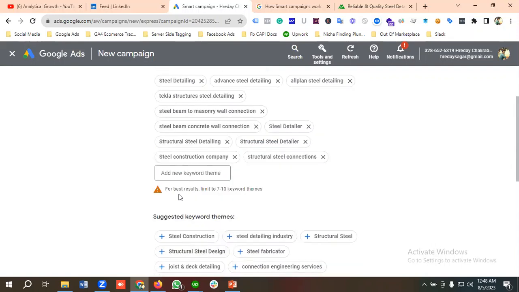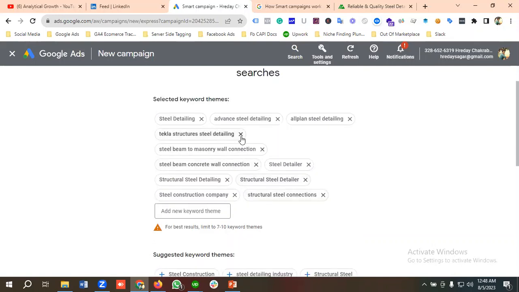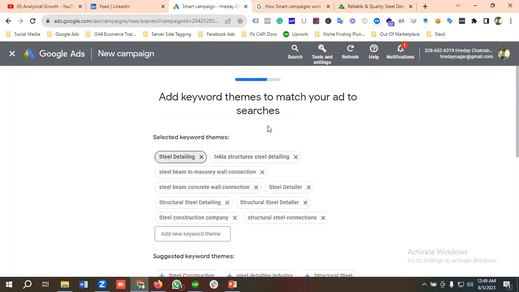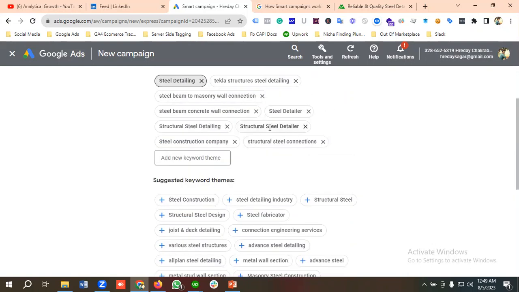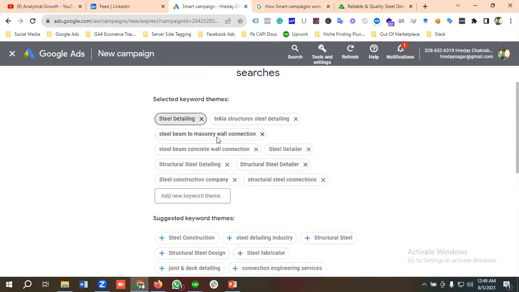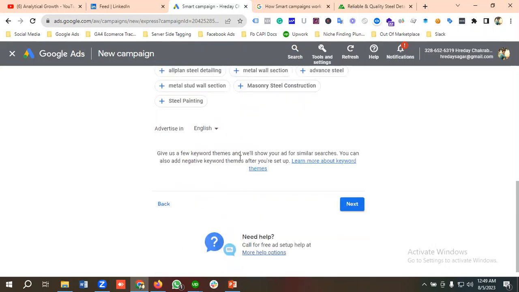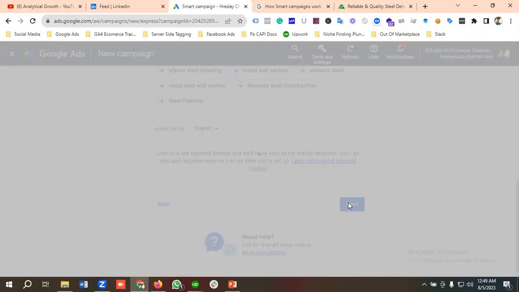Okay, so you can see over here for best results, limit to 7 to 10 keyword themes. So I'm going to remove some keyword themes from here, because I want to use inside 7 to 10 keyword themes, so perfect. Then I'll click on next,